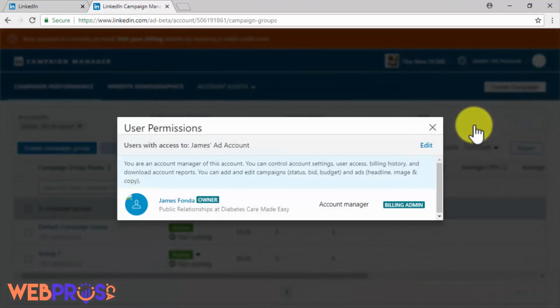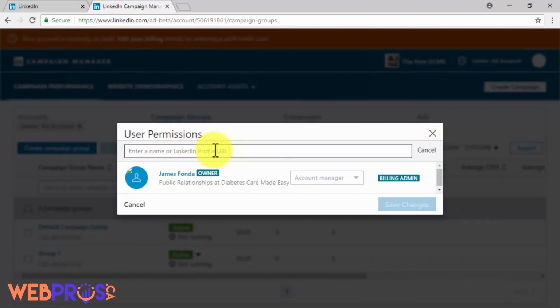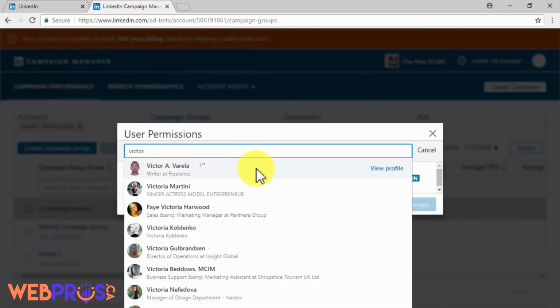You can click on the Manage Access option to check and manage user permissions. By clicking on the Edit option on this window, you will be able to manage account privileges and roles. You can click on Add User to Account to add additional users and grant them privileges to manage, view, or edit content and settings in your ad account.